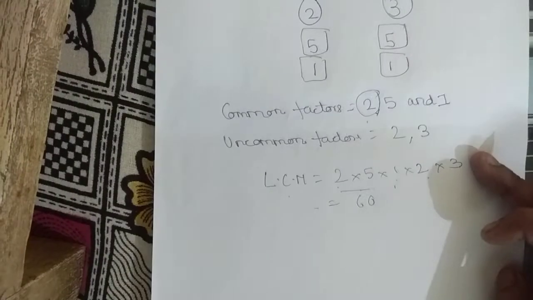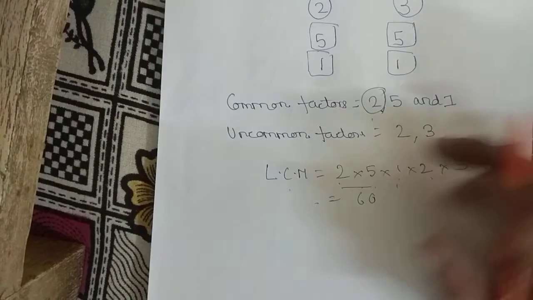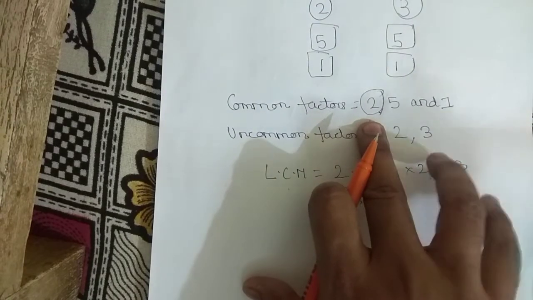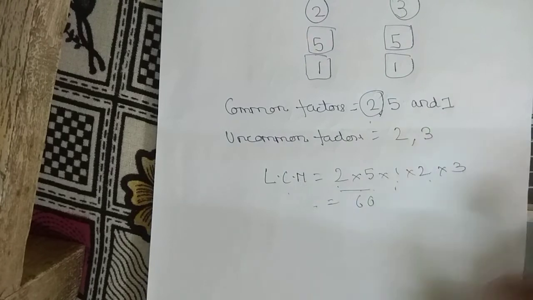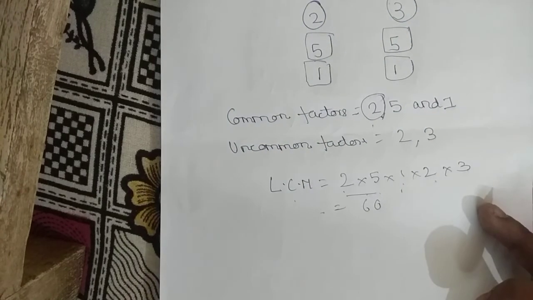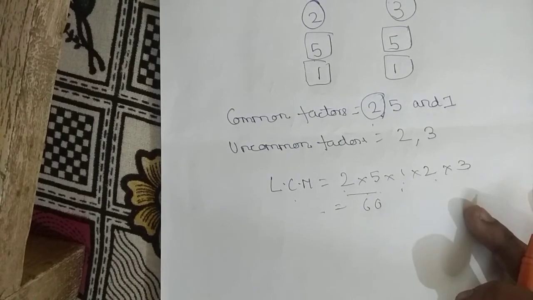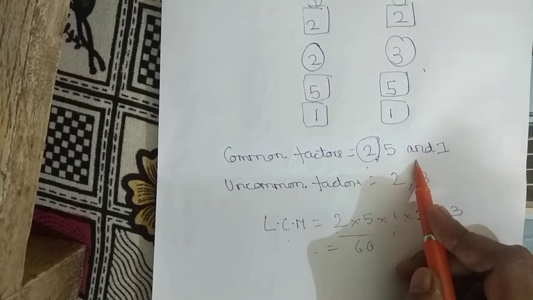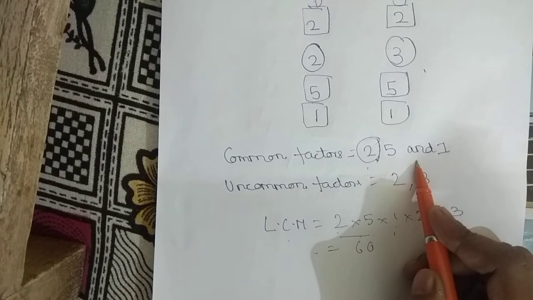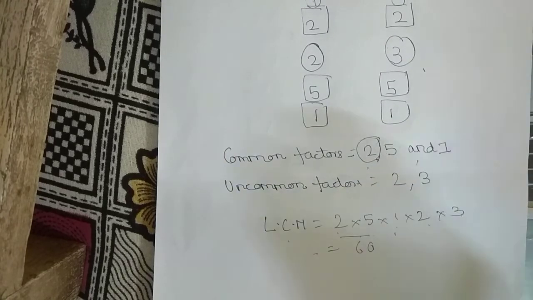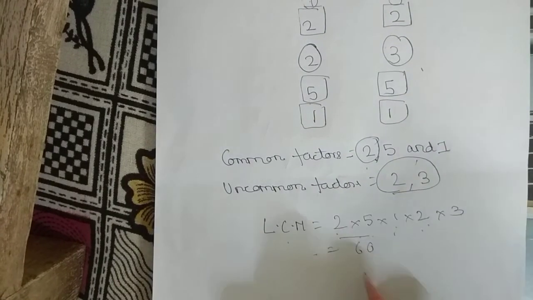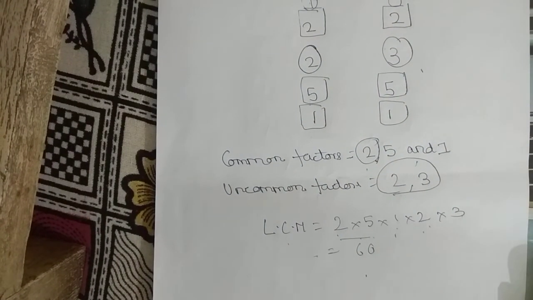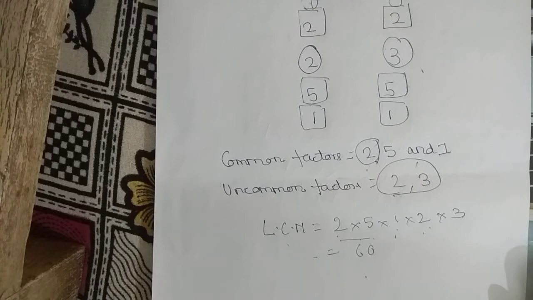It is just an extension of the HCF method. You don't have to do any new steps. All the steps are still here, the common factors are similar. The extra step is this: find uncommon factors and then multiply. What do you do for HCF? You make the prime factorization table, you find the factors for both the numbers, then you make this common table, you find the common factors and then you multiply, you get the HCF. But for LCM, you have to also find the uncommon factors and then multiply all together. Then you get the LCM. I hope this makes things a bit clearer. Thank you.